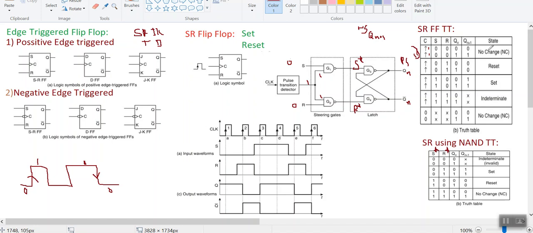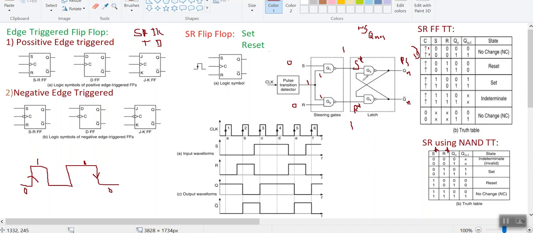Now in this first case, giving the input to the first NAND gate G1, my two inputs are 0 and 1. A NAND gate performs multiplication and then inversion. So first multiplication, 0 into 1 is 0, and the complement of 0 is 1. Coming to the second gate G2, again 0 is multiplied with 1, giving 0, and the complement gives 1. Therefore, S star value is equal to 1 and R star value is equal to 1.